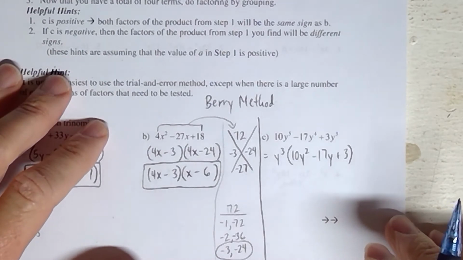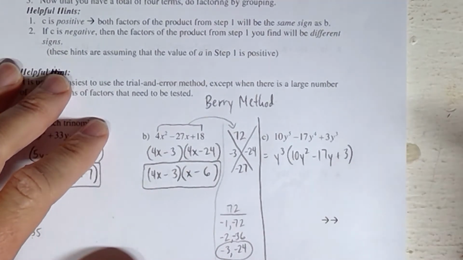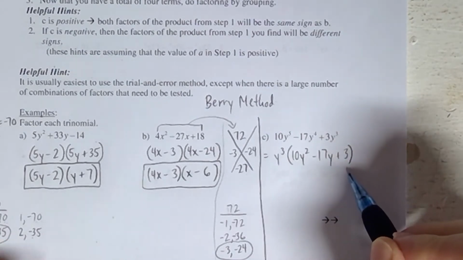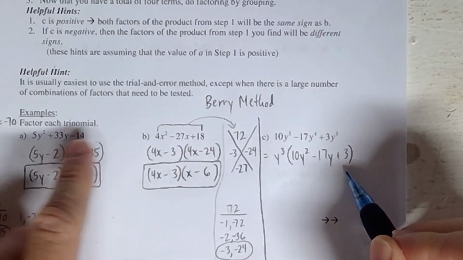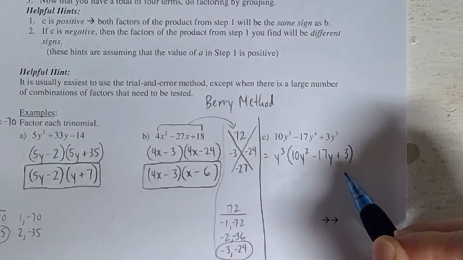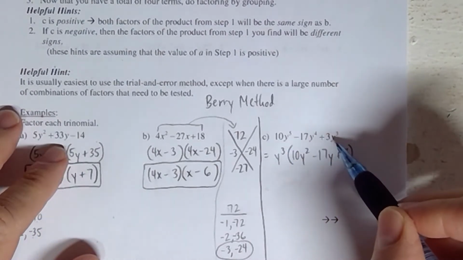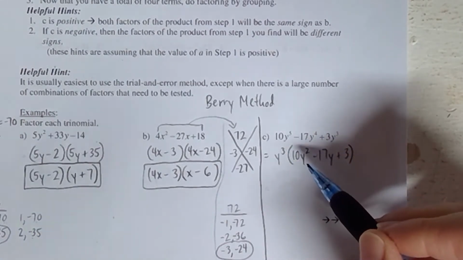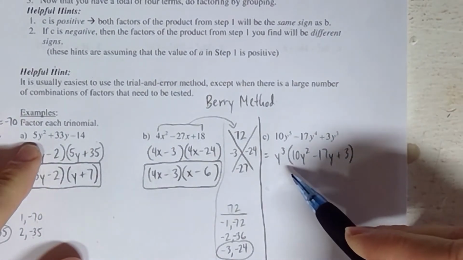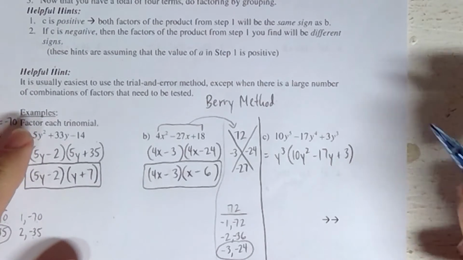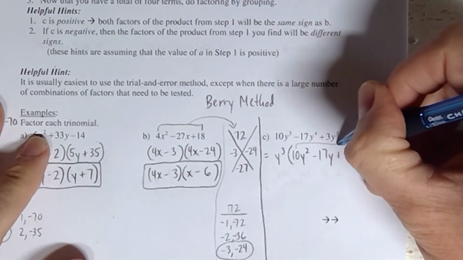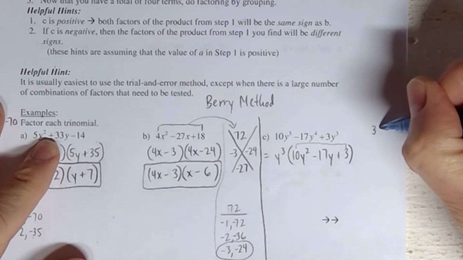Okay, and so what does that mean now? It means now that after you factor out the GCF, you do the same thing with the leftover bracket as you did with the original problem over here where you skip the GCF step. Again, you don't go back to the original problem when you do the Berry method. You have to do it based off of the leftover polynomial after you factor out the GCF. So what we do is we do 10 times 3. 10 times 3 is 30, right? So we take the 30,